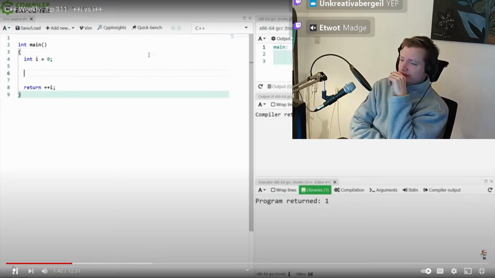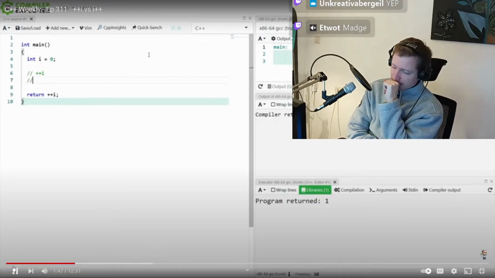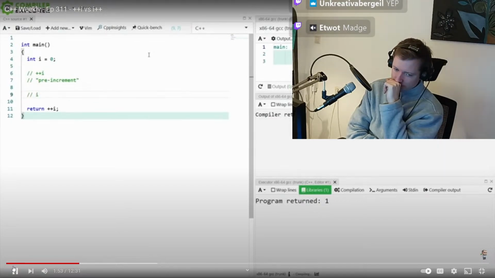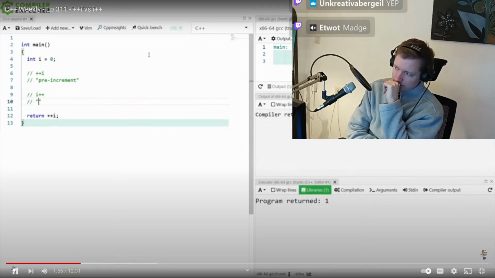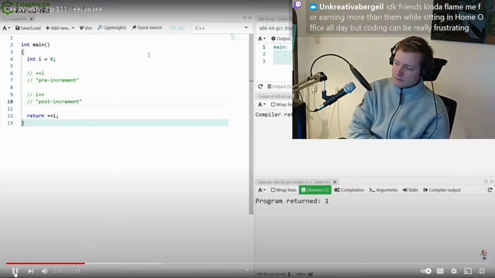this. First of all, this construct, ++i, is known as pre-increment. And this construct is known as post-increment. And they actually have kind of goofy ways